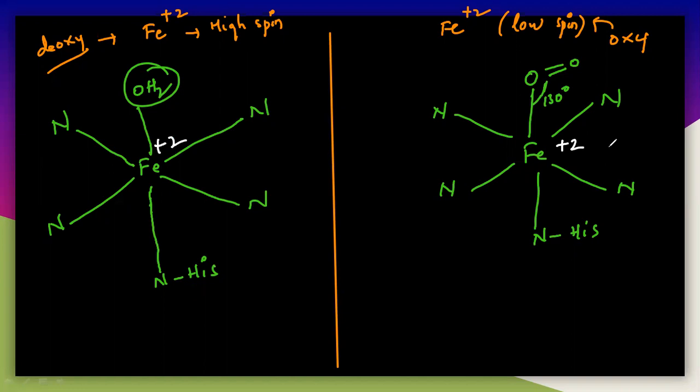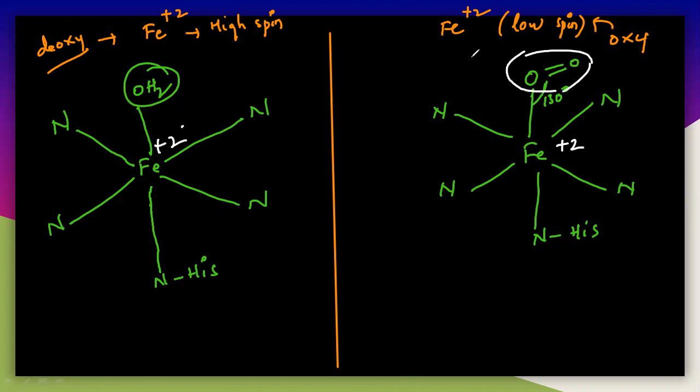Remember that oxygen can only bind with the +2 oxidation state. Iron should never be +3. In case it is +3, then a disease occurs. We will discuss that disease later. But here we only discuss oxy and deoxy with the +2 oxidation state. If it is in the +2 oxidation state, oxygen comes and binds easily. The oxygen replaces this water molecule and binds.